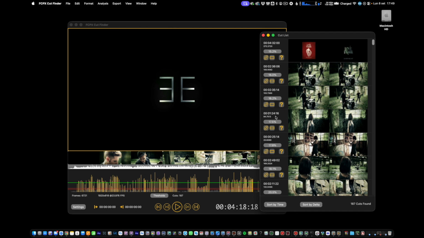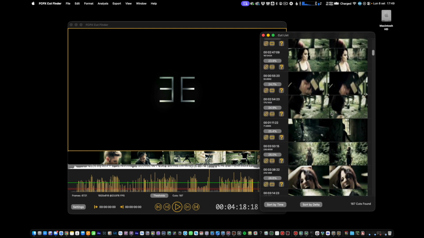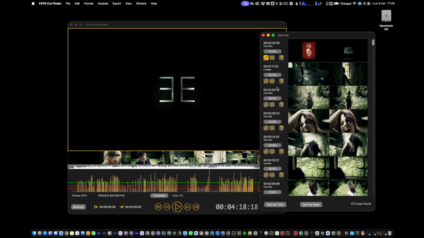As you can see, immediately after the first cut that you considered an actual scene change, there are many others that are false positives. Click on the blade button to force this cut. Scroll down to the next frame, which represents an actual change. Repeat the process. Click on the percentage button. All suggested cuts that were not actual scene changes will be ignored, except for the first one, which was forced.